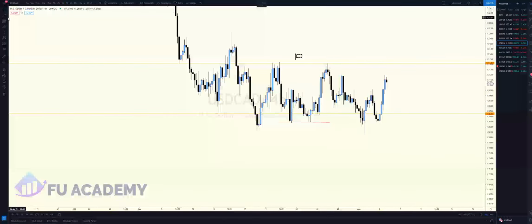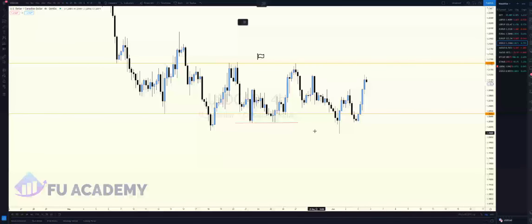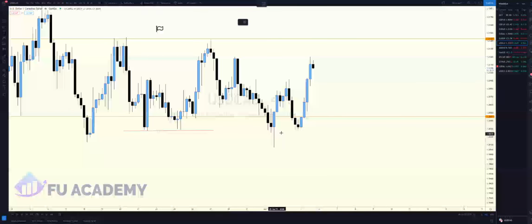The spring will usually clear all our lows, so usually we leave nothing to the left anymore. It clears all the lows, and then boom, our buying pressure starts occurring. Once the spring occurs right here, usually you will